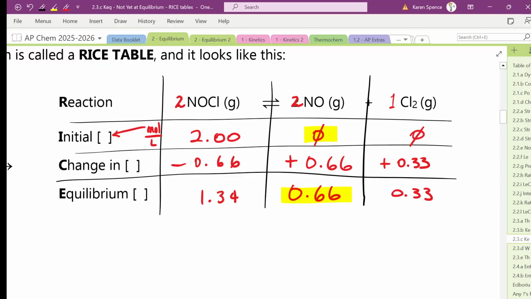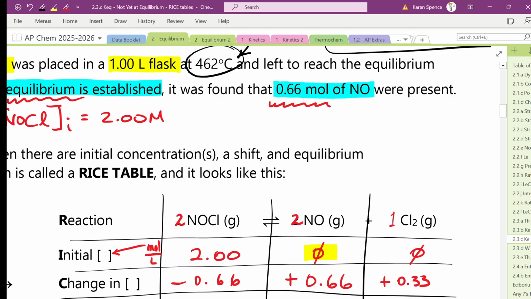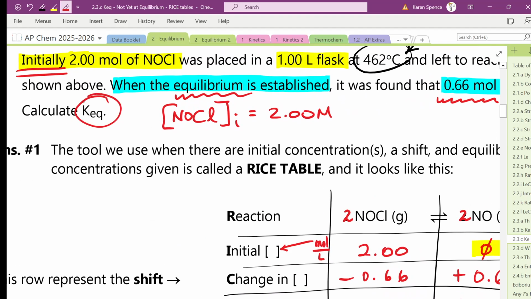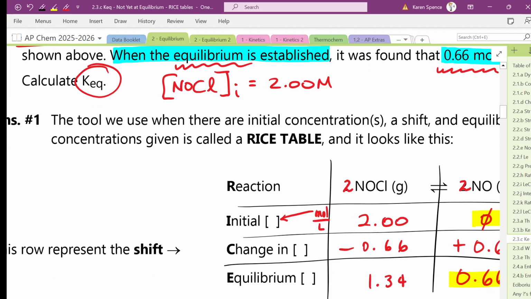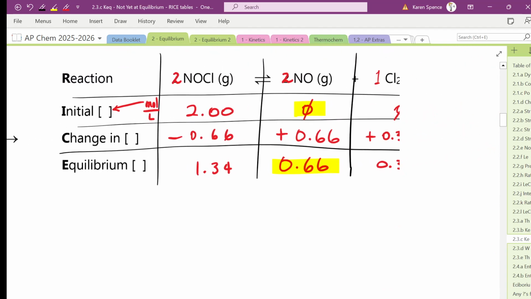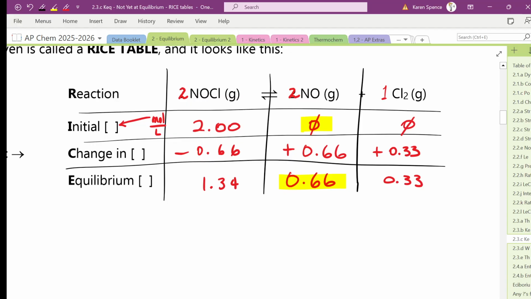What would we do to solve the rest of the question? It asks us to solve for Keq, calculate the value of Keq. What would we do next? Yeah, we would use those equilibrium concentrations in what? The Keq formula. So before you put the concentrations in, you must write the Keq expression. Okay, so write the formula first. Keq equals